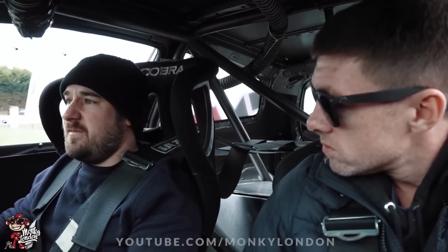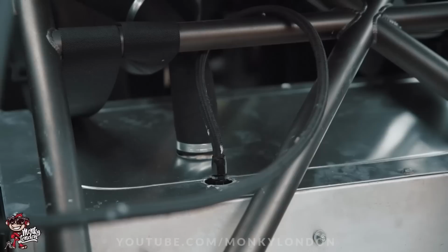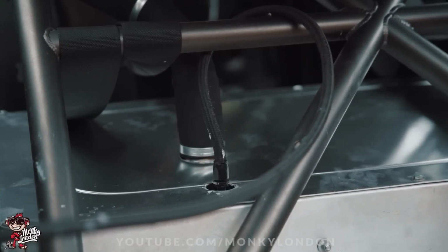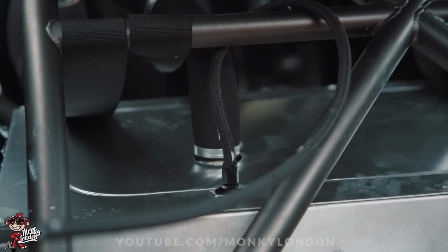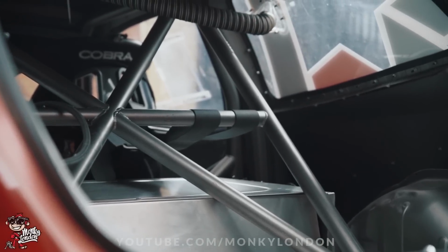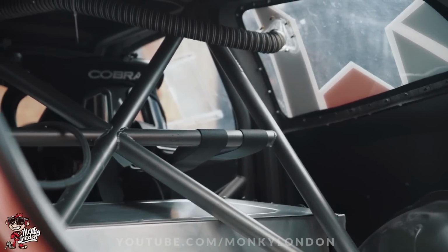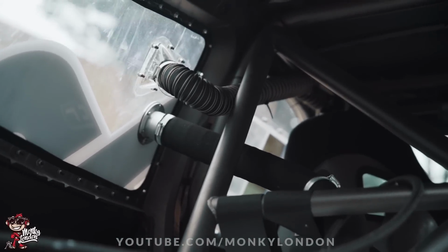Injectors are 1000cc. That's what's limiting the power. They're maxed out at like 600 horsepower. Got the injector duty cycles right up there. It's like 95. Okay. And you've got a fuel cell in the back? Yeah, fuel cell, swirl pot. Yeah, 2 litre swirl pot, and then stage 4 pumps. Okay. And twin pumps? Yeah, twin. One feeding the swirl pot and then one feeding it, a separate lift pump. It's just a diaphragm pump to feed the swirl pot, and then